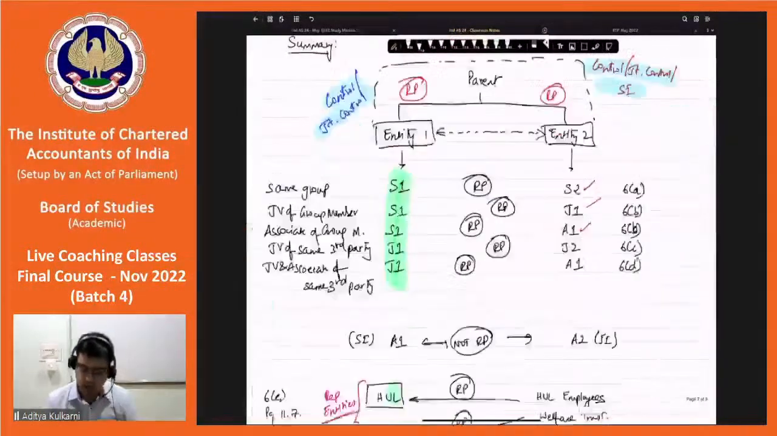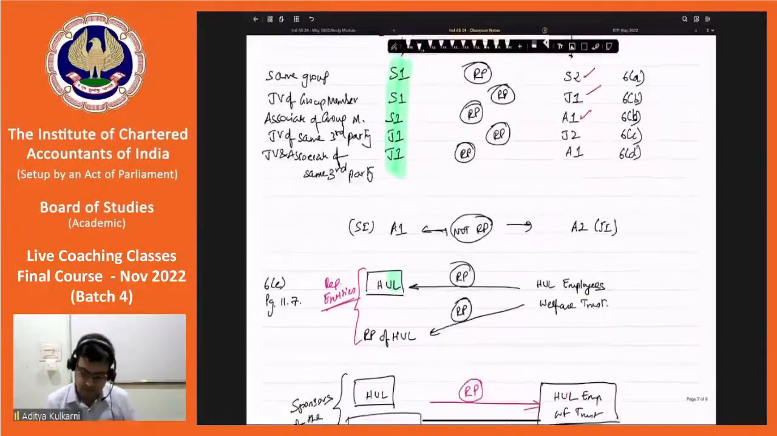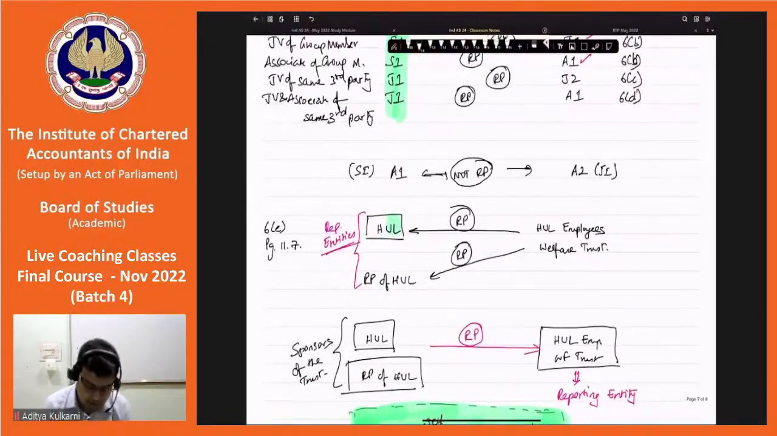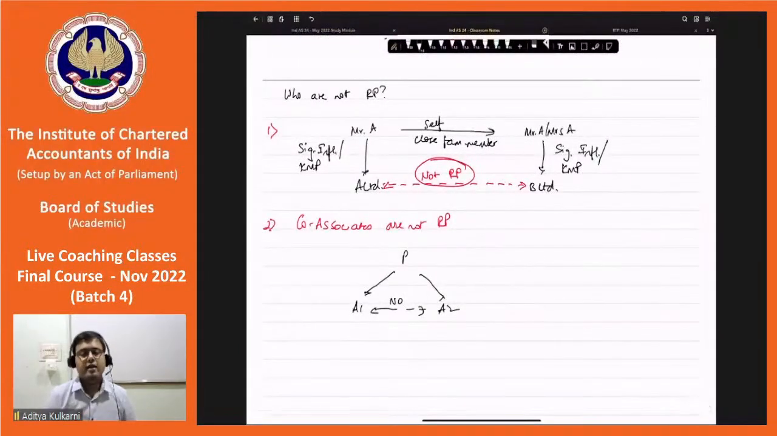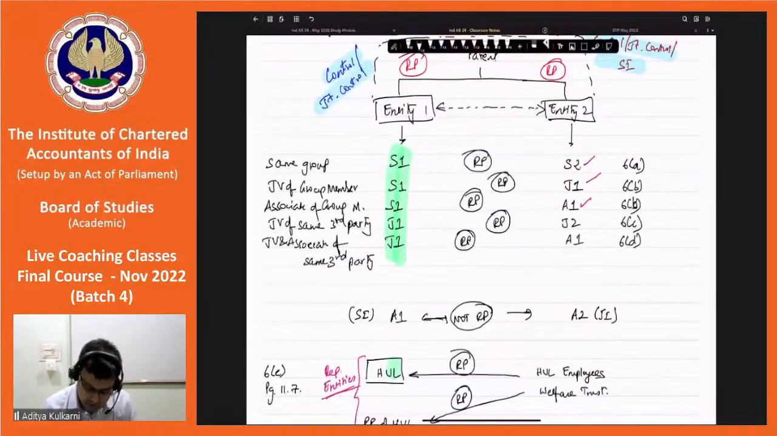Yes, A1 and A2 belonging to the same parent. They are not related to each other. So co-associates are not related parties. Here also we have seen that. Both the sides, it is significant influence. So co-associates are not a related party. Next one is